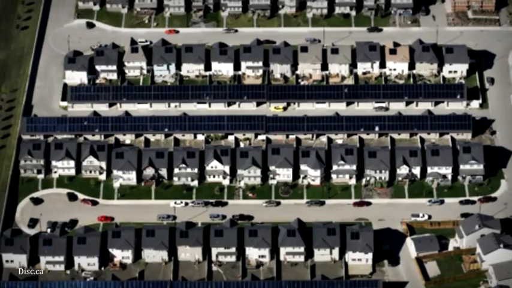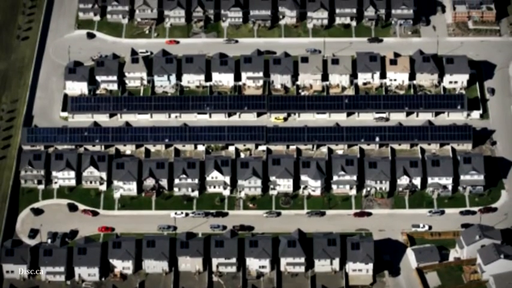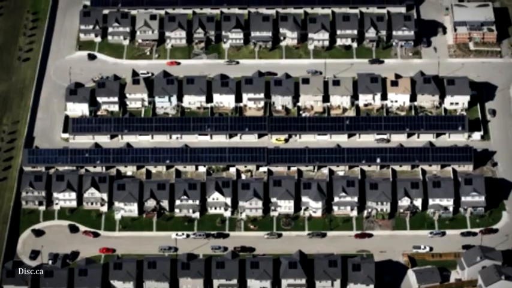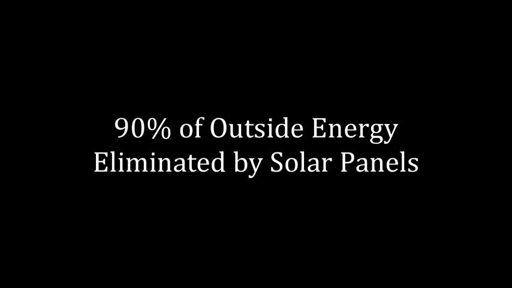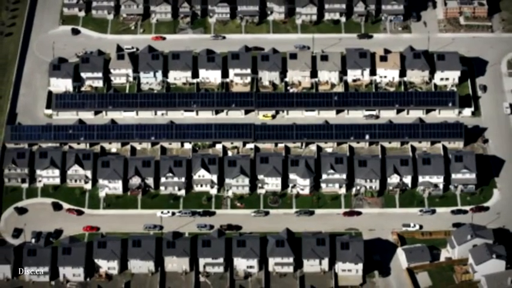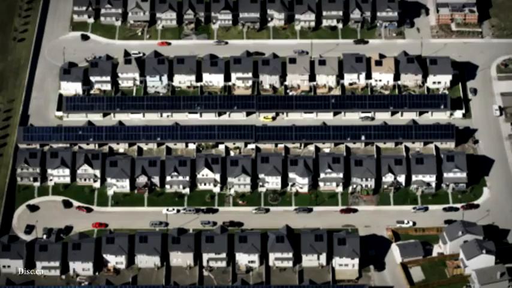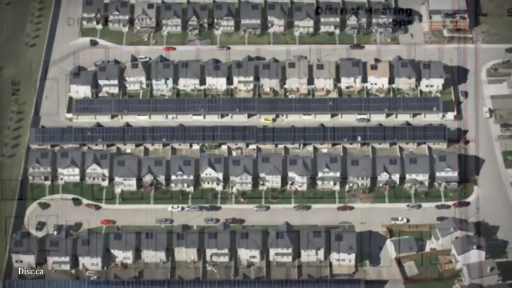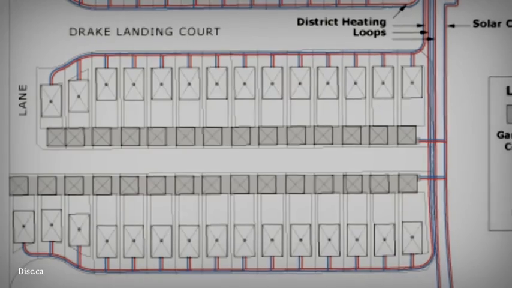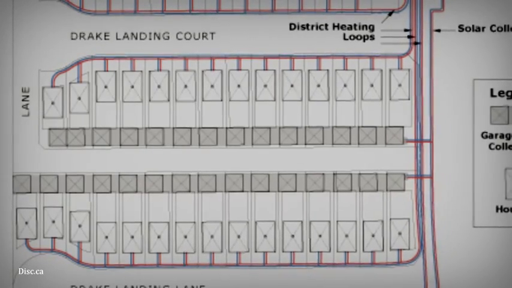In northern climates, the largest energy challenge is to reduce the heating costs of housing. By acting collectively and creating small district heating utilities, it is possible to accomplish this. This small project outside of Calgary, Alberta in Canada eliminates over 90% of the outside energy needed for heating by installing solar panels over backyard garages and by using thermal energy from the earth. This is the layout of the system, and it is in a location where natural gas and oil are abundant.